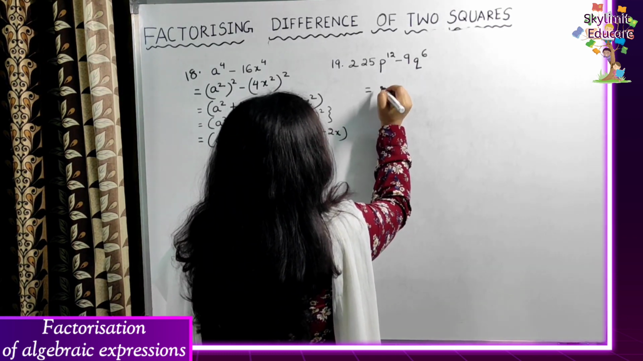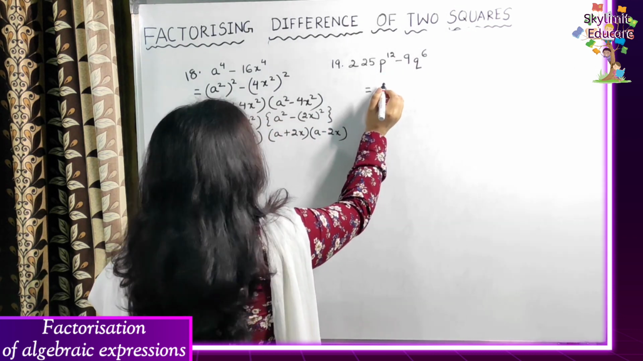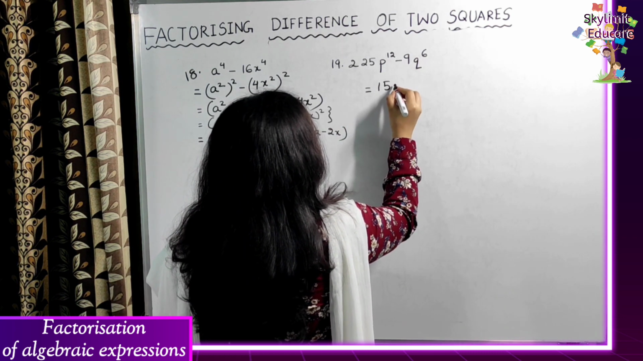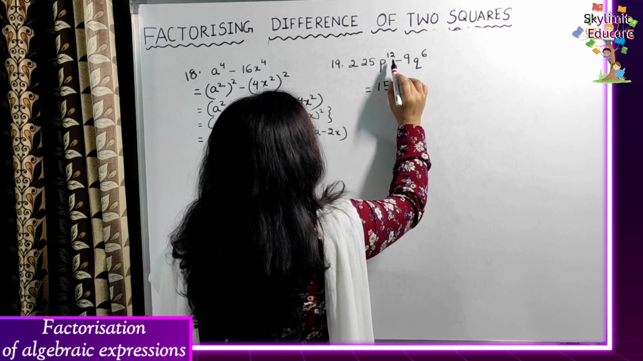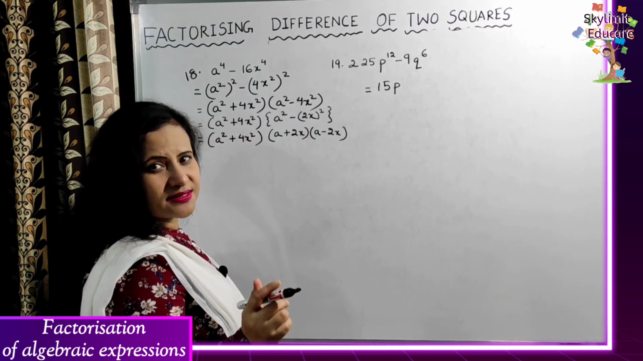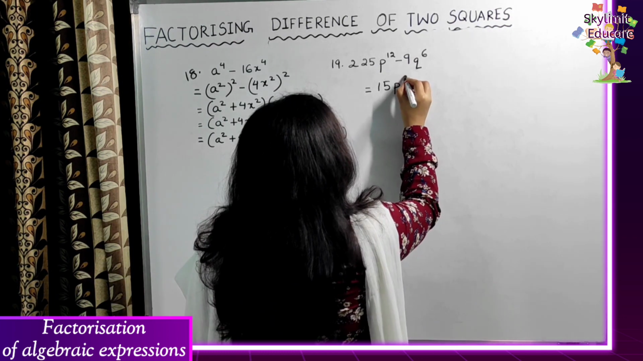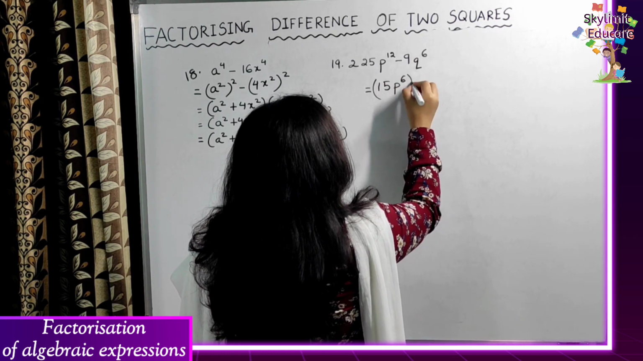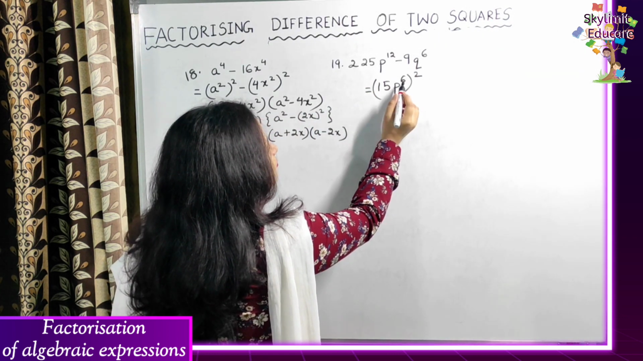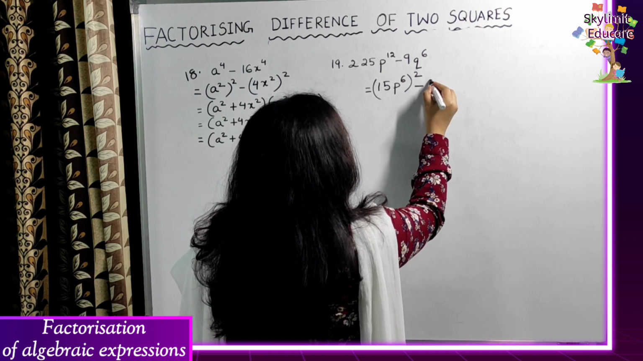225p to the power of 12 minus 9q to the power of 6. Okay. So now students, you can see here 225 is a square, the square root of 225 is what? 15. And p, if you want to express the power 12 as a square, so you should write 6 inside, because 6 2's will give us 12, yes or no? So that means p to the power of 6. So this can be written as a square. The square of 15 is 225 and the square of p to the power of 6 is p to the power of 12, minus